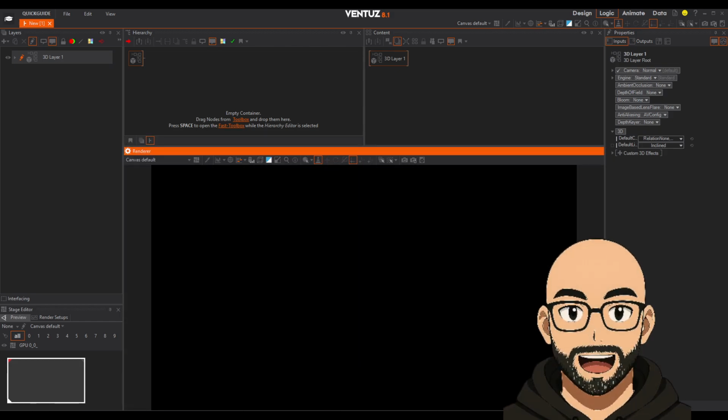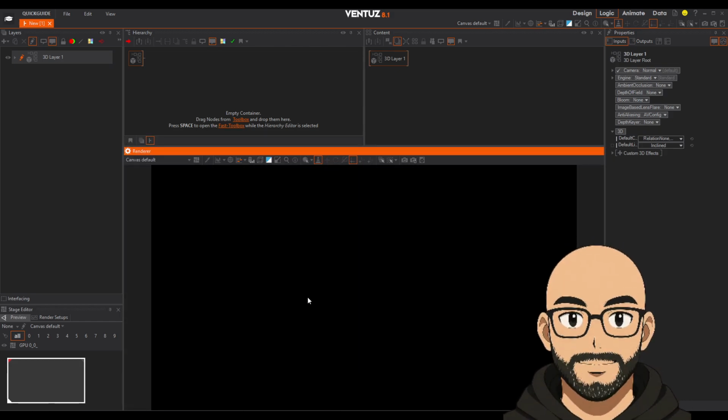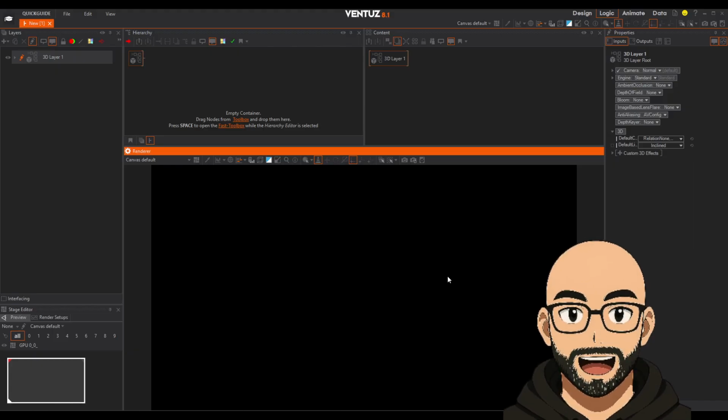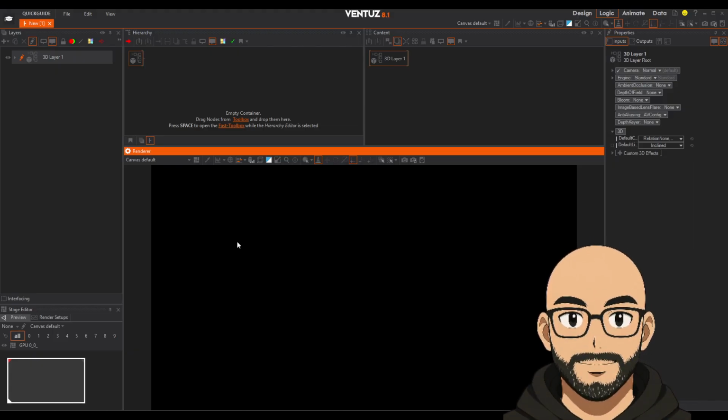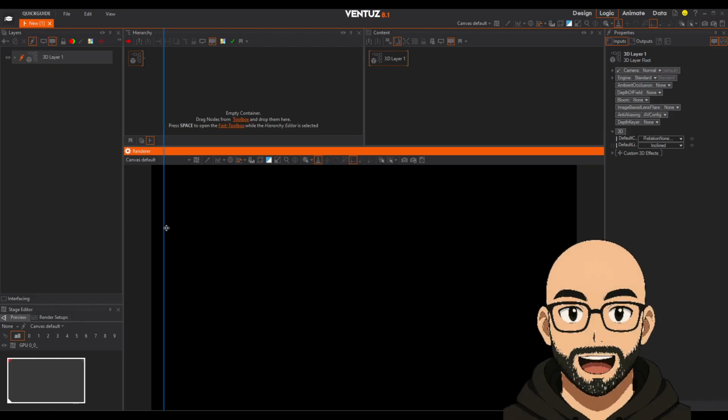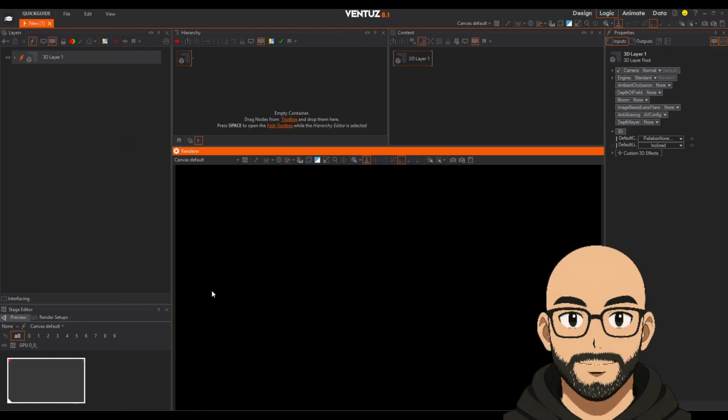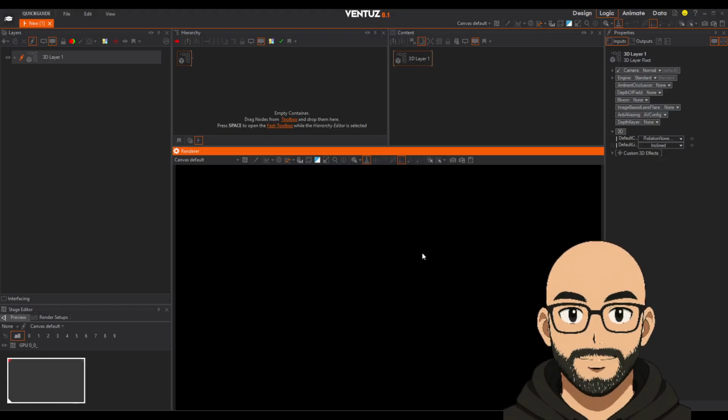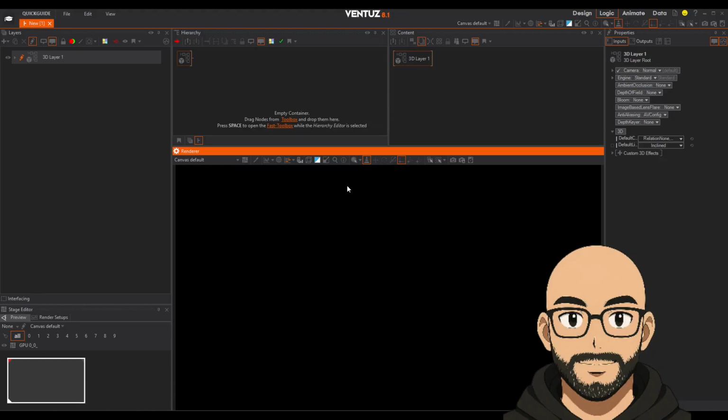It's an empty space right now. It's blank, but it is actually a 3D space. So if you were to drop an object in, you would see it's actual 3D space. It's just blank right now. Anyway,